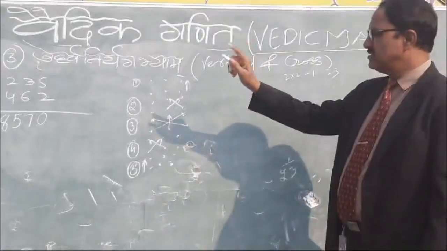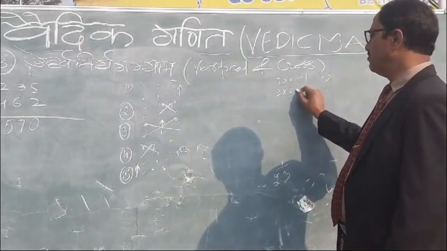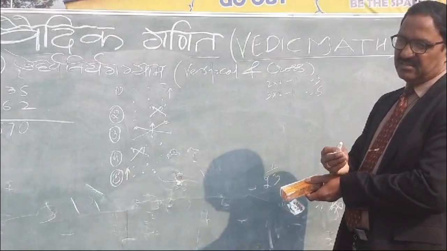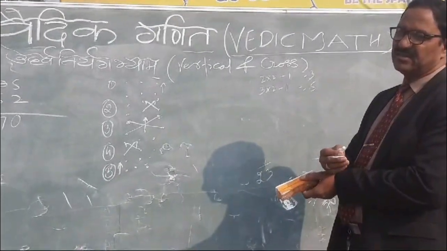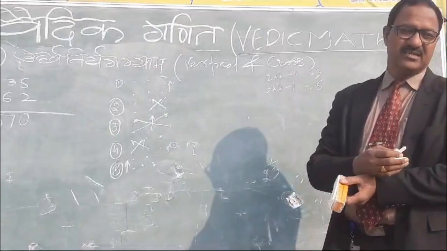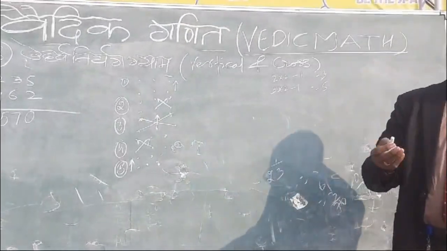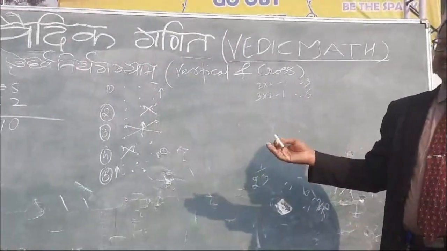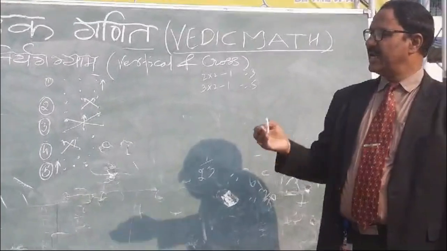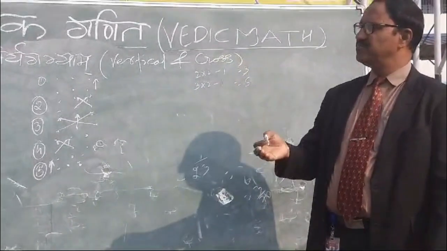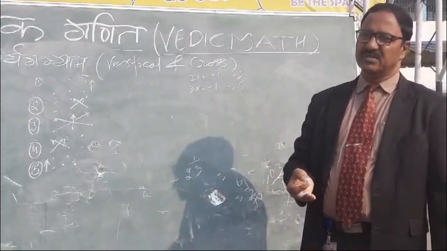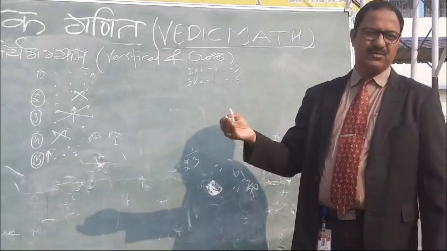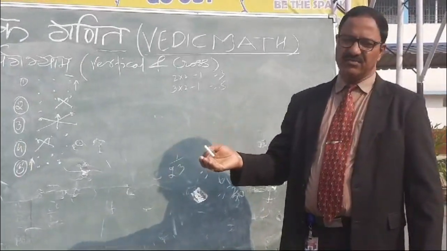While you multiply 3 digits, then 3 into 2 minus 1. That is 5 steps. If you multiply 4 digits, how many steps? 7 steps. It will take 7 steps. And 5 digits, then 9 steps. So children, these are the steps which you have to remember, and I think it is a very useful and very important rule for multiplication. While doing some questions, you will find this type of multiplication, and if you have an idea, you can find it easily